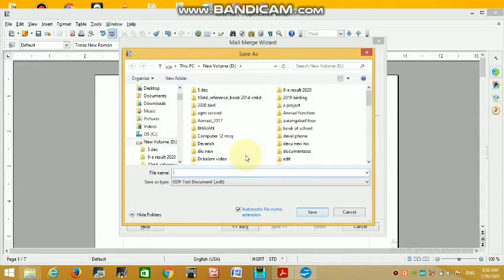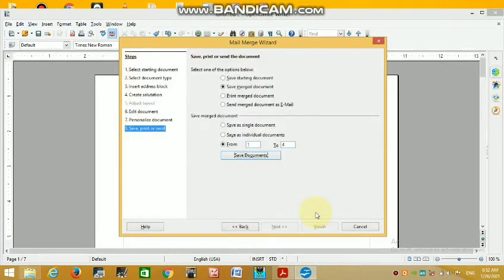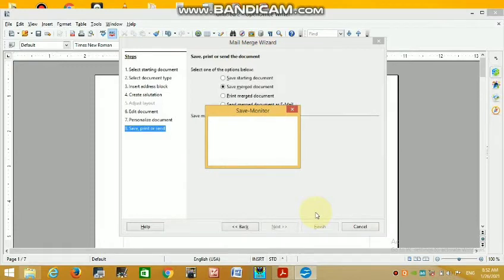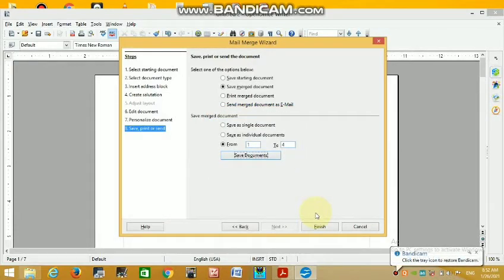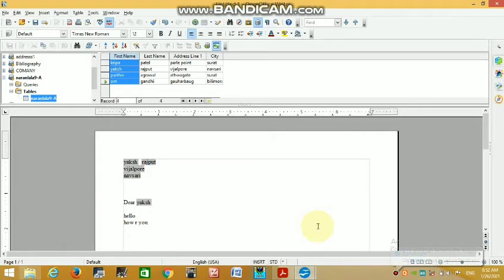Here I can save the file Naranlala 9A. See this is the second document also.